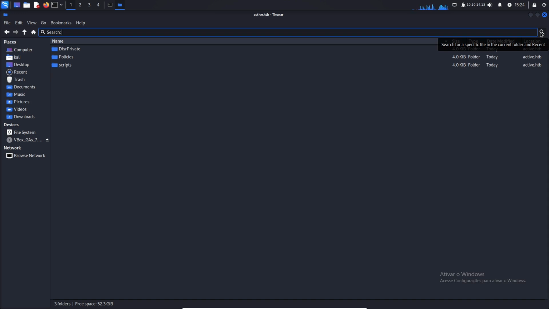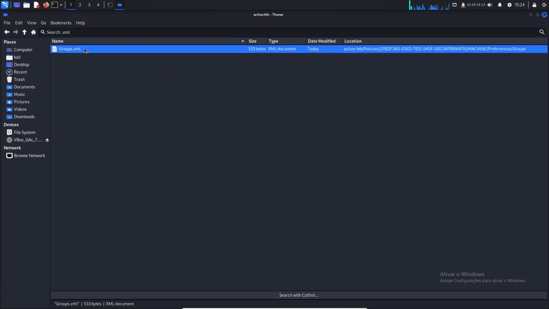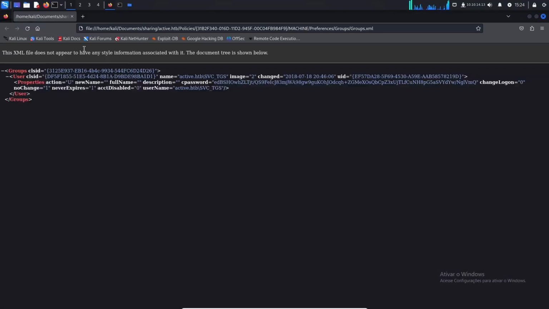I'm gonna search for .xml just to see if we have something interesting here, and we have Groups.xml. Let me click here and open this, and now we have the encrypted password for the user svc_tgs, right? Well,